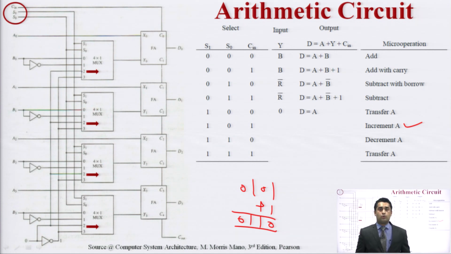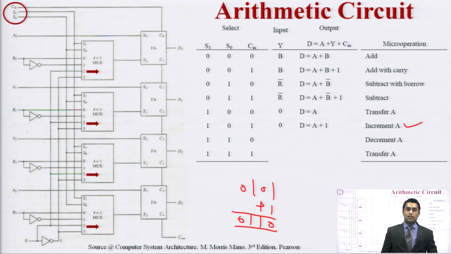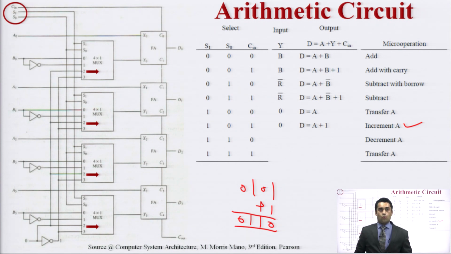What is the program counter doing? Program counter is incrementing the address, incrementing the instruction. What is the next instruction to perform? So it means without the arithmetic circuit, nothing is possible in the CPU. This is an important operation where the second part of the multiplexer is active and we are getting the output 0 from the mux and the carry in is 1. So in this case, A and carry in are added and the output is the increment of a particular number A.